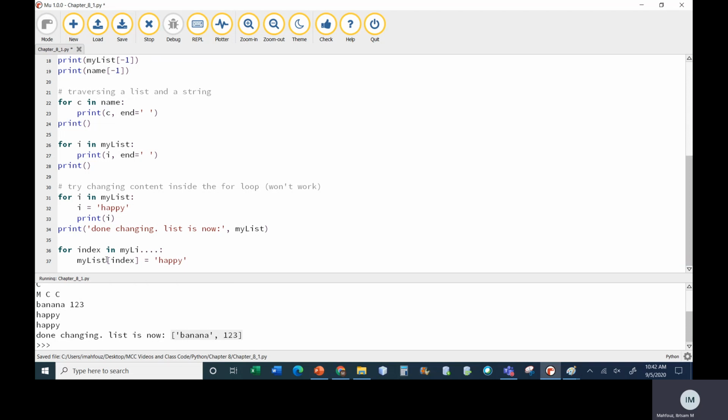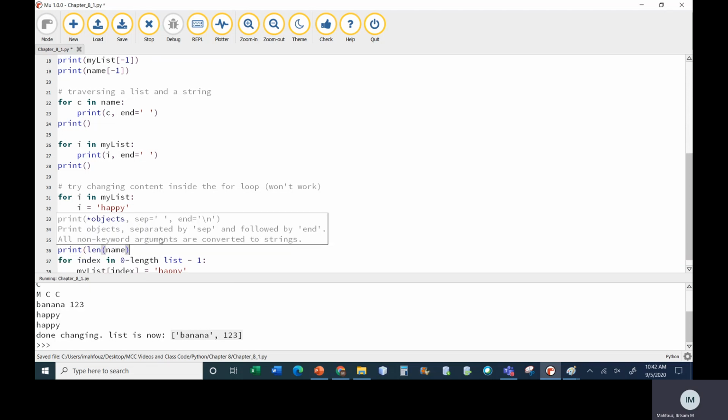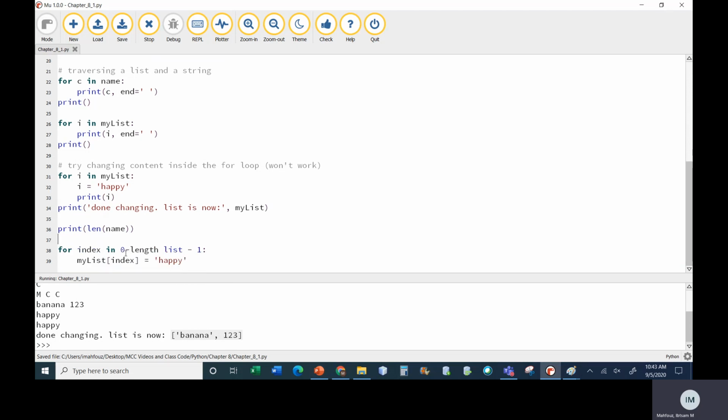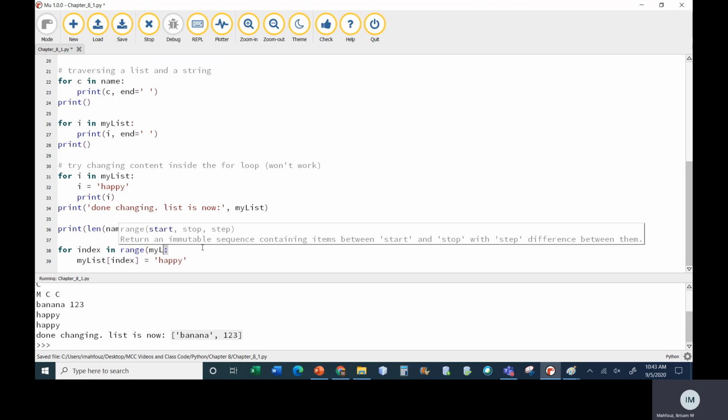So I want to change, I have to have access to an index. That means here I have to have a number that starts with 0, right? And it goes up to the length of the list minus 1. Now, can I get the length of the list? Yes. Just like I was able to get the length of a string, okay, I can also get the length of a list. So I can come here and say in range, and then I can say my list,